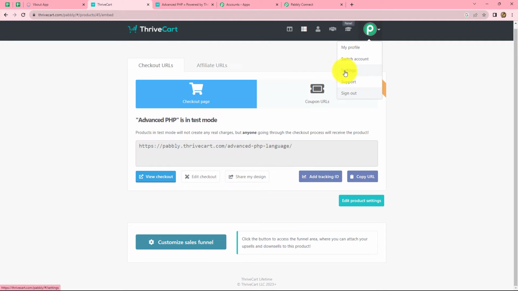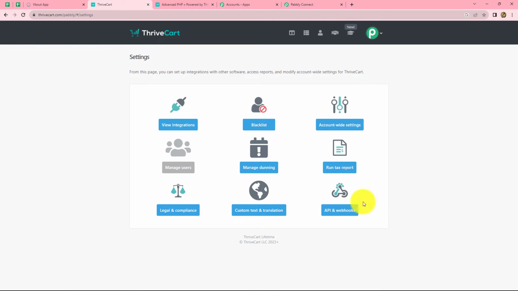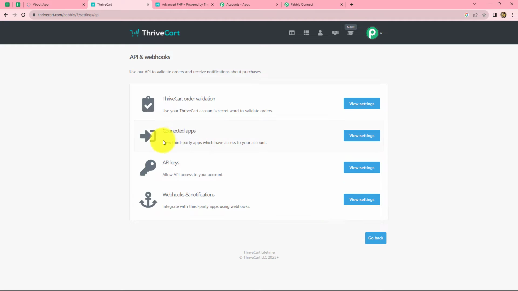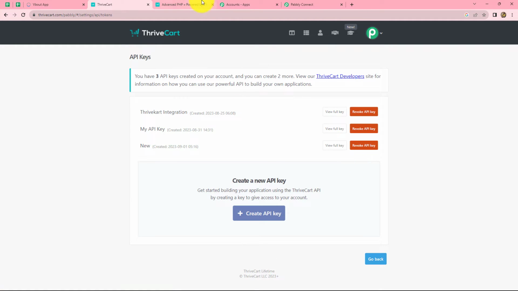So we will open it and we can find the settings option here. So we will go on settings, and from the given options we have to select API and webhooks. After selecting it, we can find the API key given over here. So we will click on view settings, and we can find several keys are already created over here for different